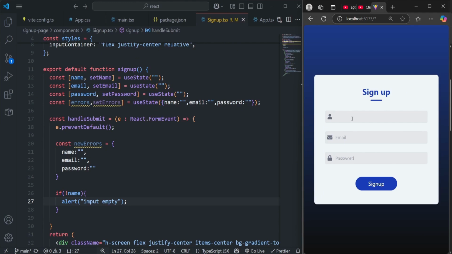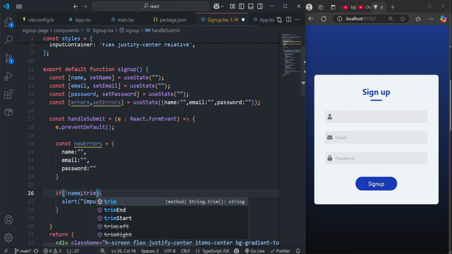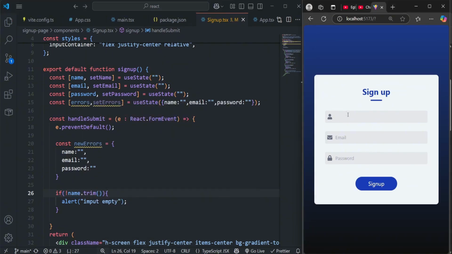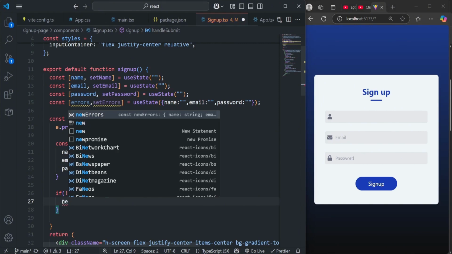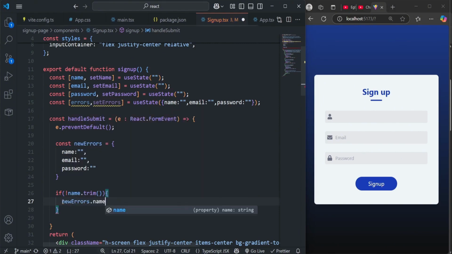Now to do that, I'm going to come over and instead of name, I'm going to say I want to trim out the blank spaces. Trim. Now when I save that and use blank spaces and click on sign up, we're going to notice it says input empty. Now if this input is empty, what I want to do is set this new errors state, new errors dot name. I want to set it to this string right here: the name field